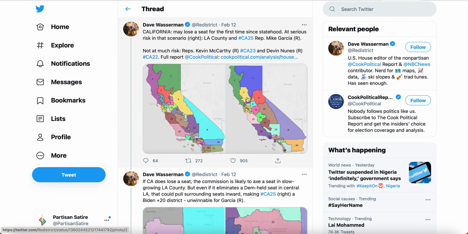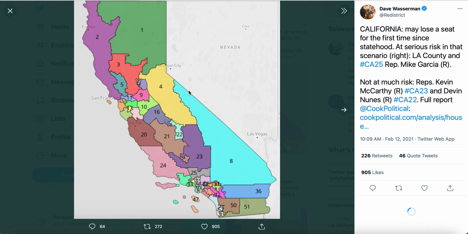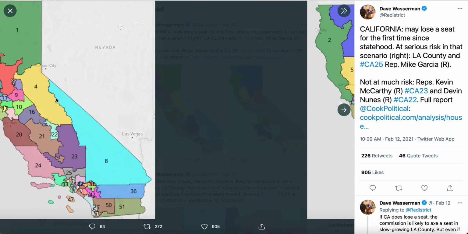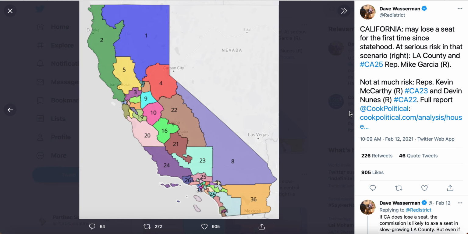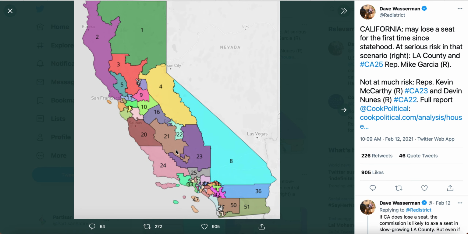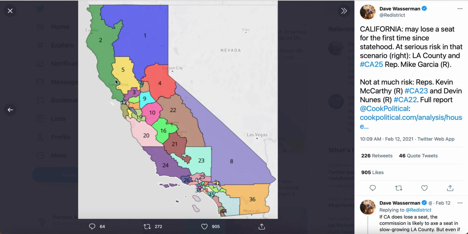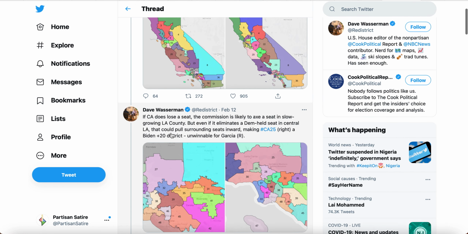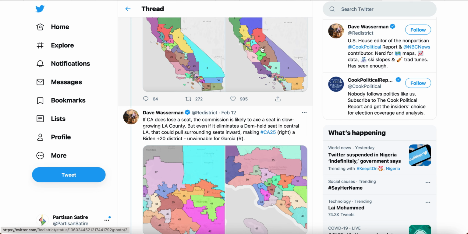If we look here, this is the current map that we have for California. You can see all 53 congressional districts, and this is what it will most likely be in the future. You can see that it's a lot more compact in some ways for each district. It's more like a circle or a square rather than a lot of weird lines, and that's usually good for redistricting, mainly because it's in the favor of the courts to have those kinds of compact districts to reduce any kind of bias that may happen with redistricting.